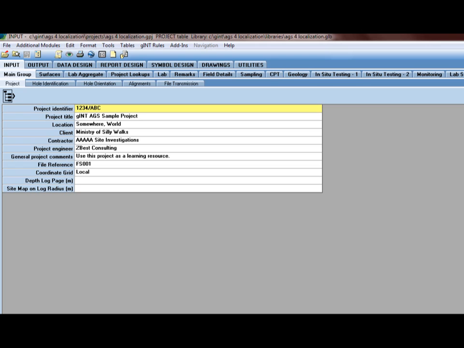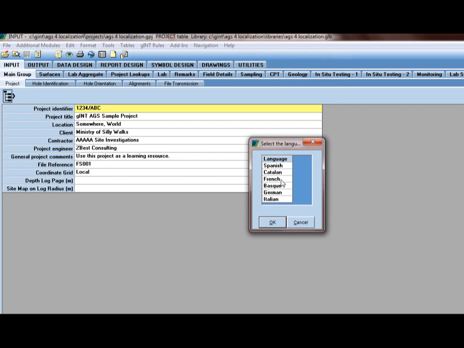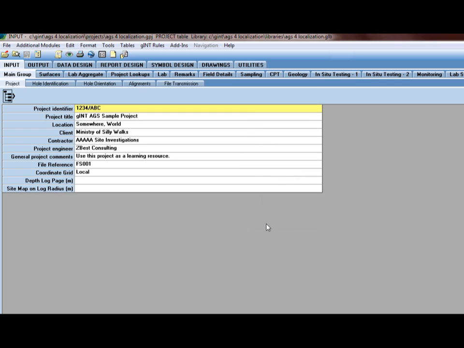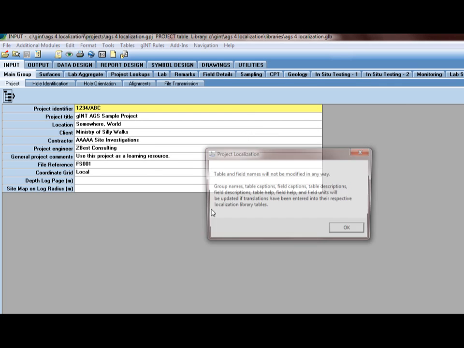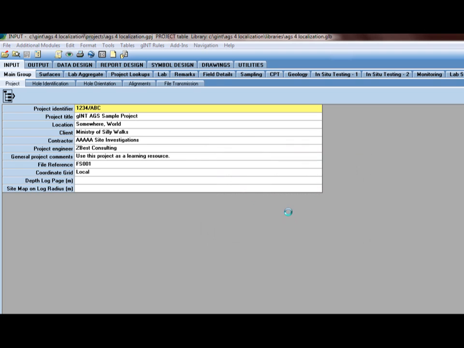For example, in this particular case, I have a menu added to gINT through gINT rules, called Project Text Localization. I select this one option, change data entry language, and depending on which languages have been translated, I have a poor translation of all of these, but I'll pick Spanish and click OK. All of these items which I just mentioned will be translated into Spanish, including